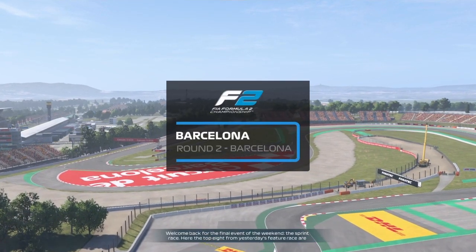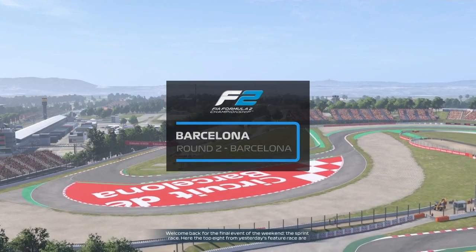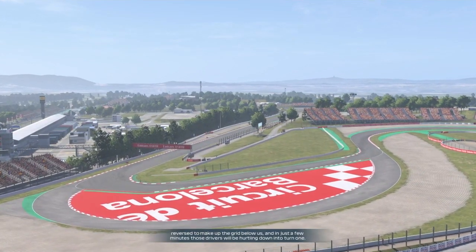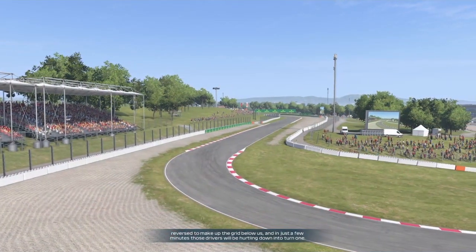Welcome back for the final event of the weekend, the sprint race. Here, the top 8 from yesterday's feature race are reversed to make up the grid below us, and in just a few minutes, those drivers will be hurtling down into turn